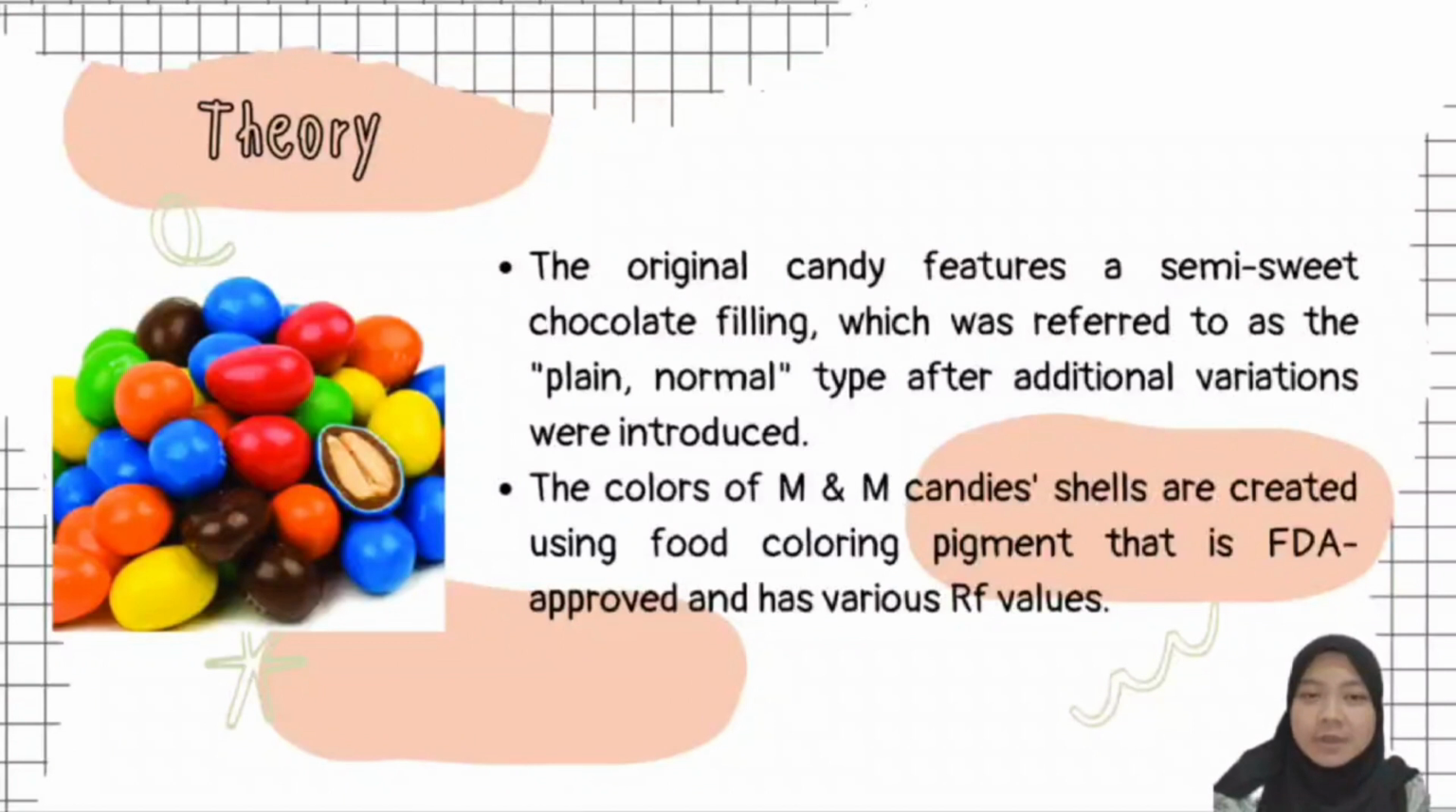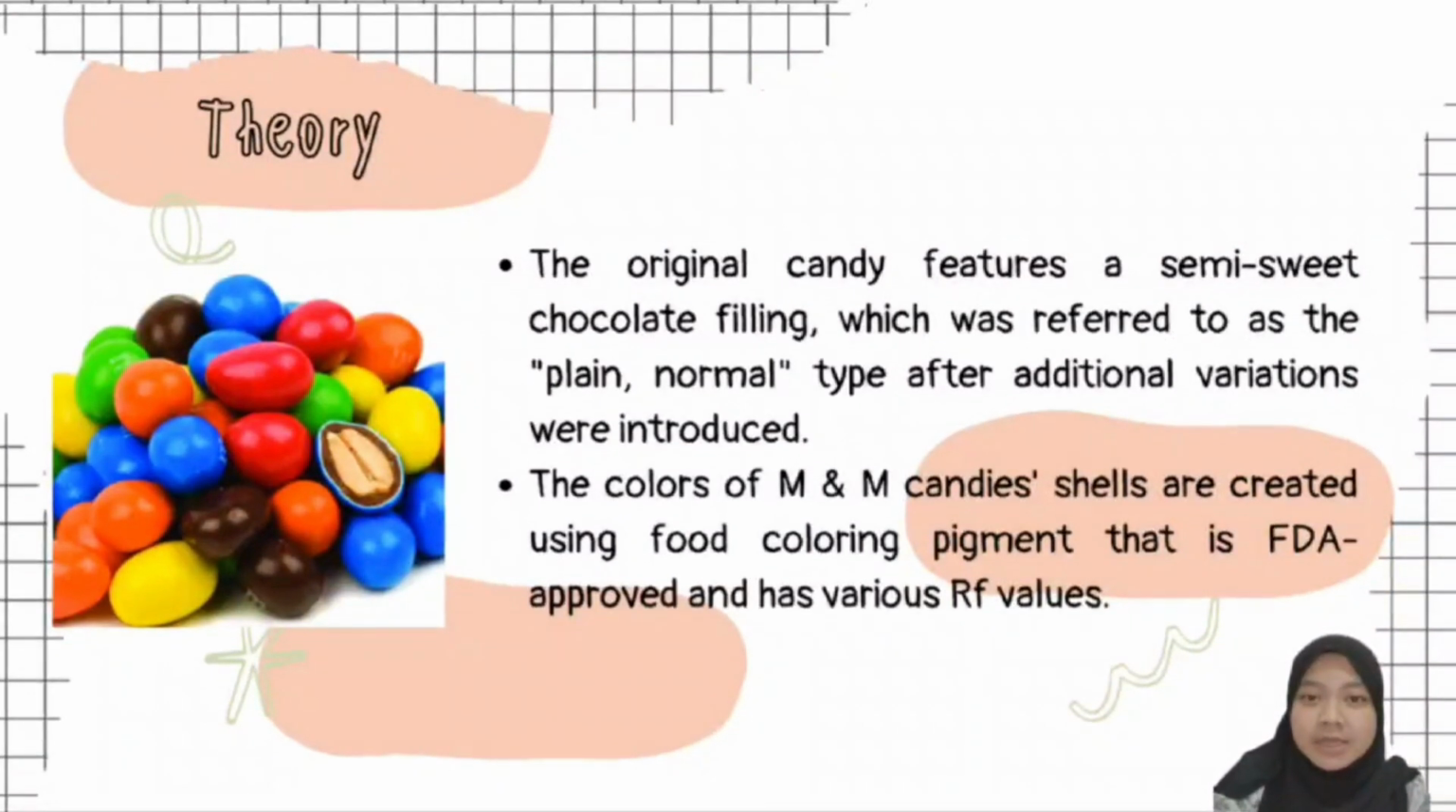My name is Adibah Zawana binti Iqbal, and I will be explaining the theory of the experiment. In this experiment, the dye content of the shell coating of M&M candies will be analyzed using paper chromatography. The original candy featured a semi-sweet chocolate filling, which was referred to as the plain normal type after additional variations were introduced. The colors of M&M candy shells are created using FDA-approved food coloring pigments that have various RF values. Some dyes cause allergic reactions in some people, thus they must be disclosed as an ingredient in